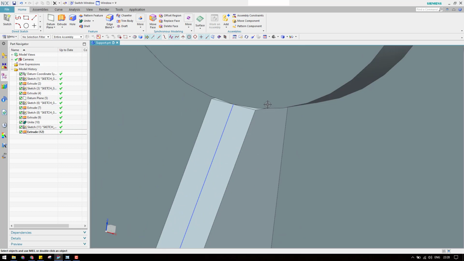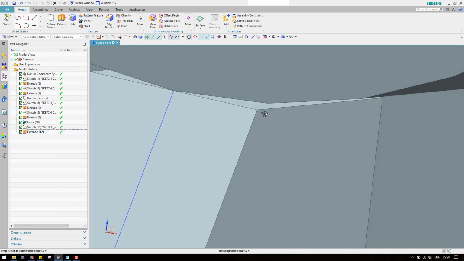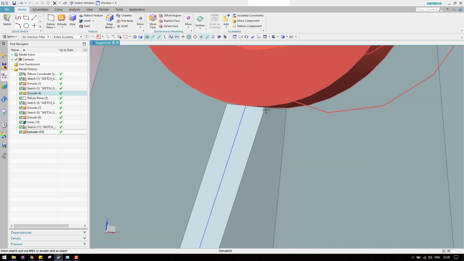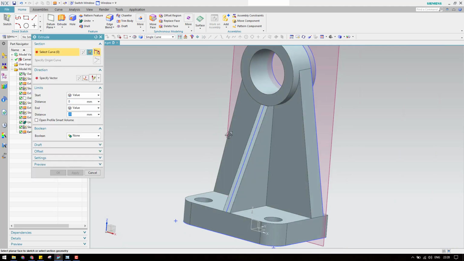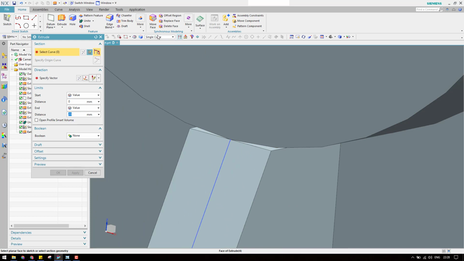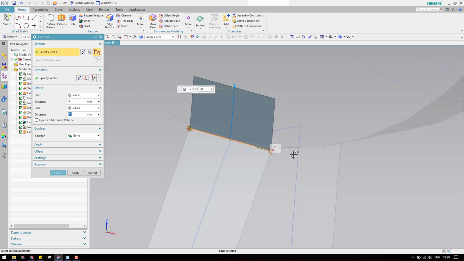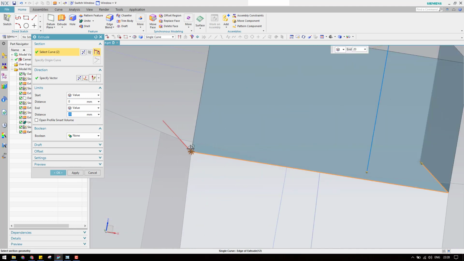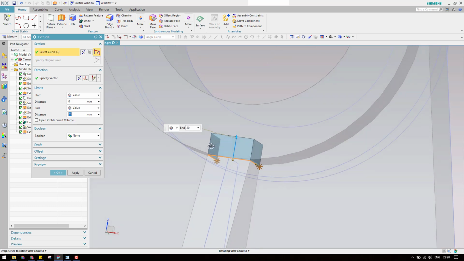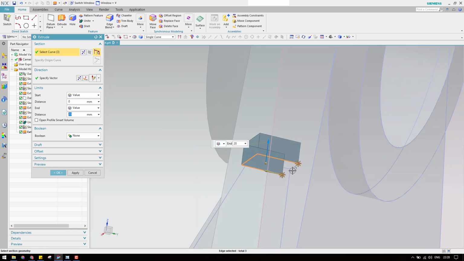Once this is done, as you can see here, this part is not completely touching this component. So in that case, we can go to extrude and start selecting these curves. And now as you can see here, there is one more curve existing here.